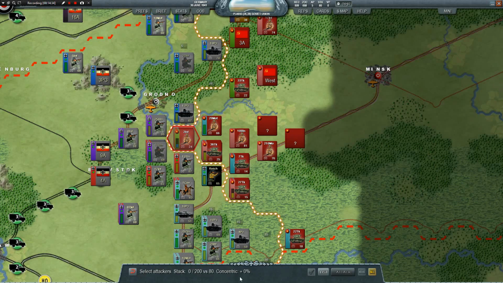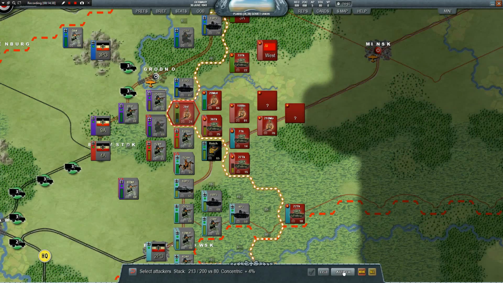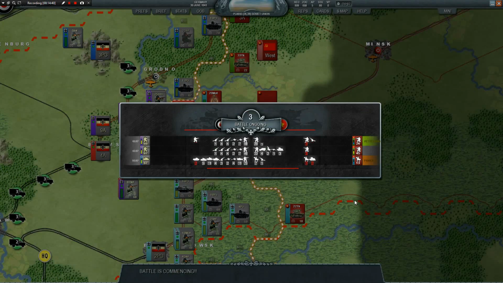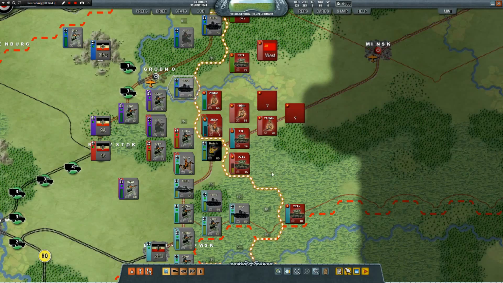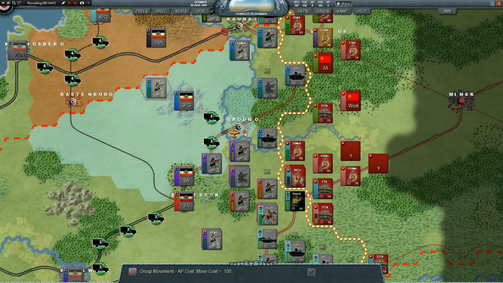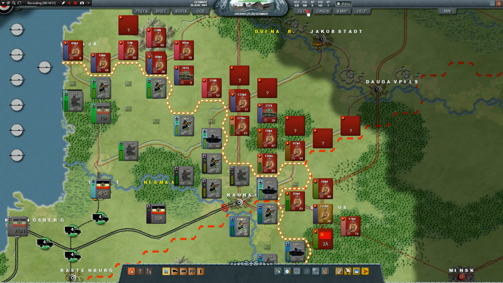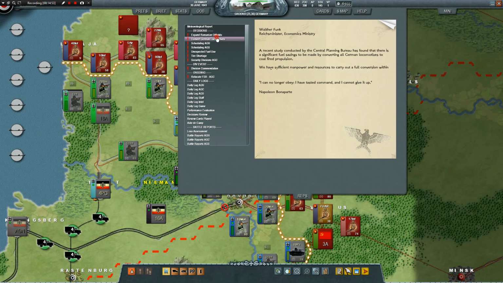We're going to list our attackers. 1, 2, 3 seems about right. And look at those Soviets retreating as quickly as they can. Of course, we still got some infantry units back here. We want to bring them to Grodno as well. And we'll be bringing them to the front soon. Let's take a look quickly at the